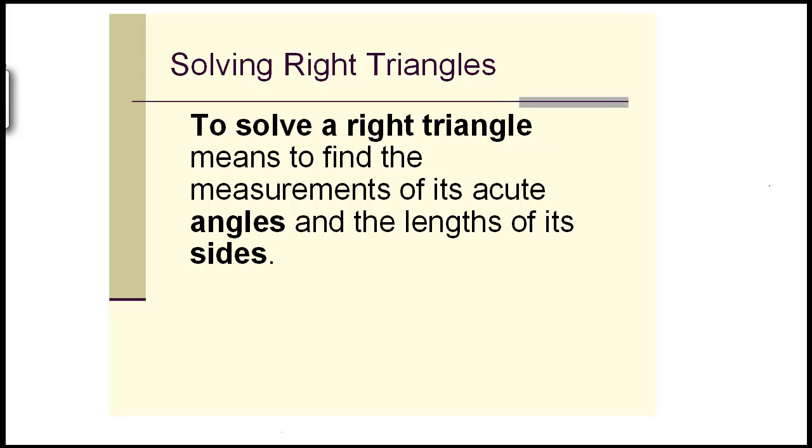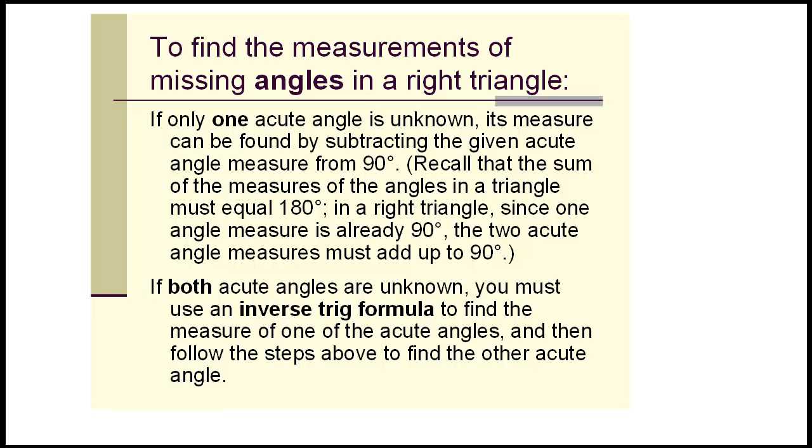To solve a right triangle means to find the measurements of its acute angles and the lengths of its sides. To find the measurements of missing angles in a right triangle, there are two cases you have to consider. One, if only one acute angle is unknown, its measure can be found by subtracting the given acute angle measure